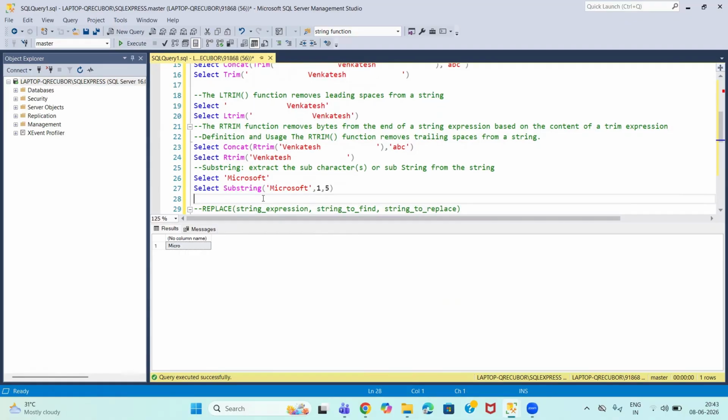Let me show you another example. Next scenario, "soft", which I'm going to extract. In that scenario, the S letter, what is the position number? So sixth position, right? Micro is the fifth position, 5 characters. So the S letter is the sixth character. Let me mention the